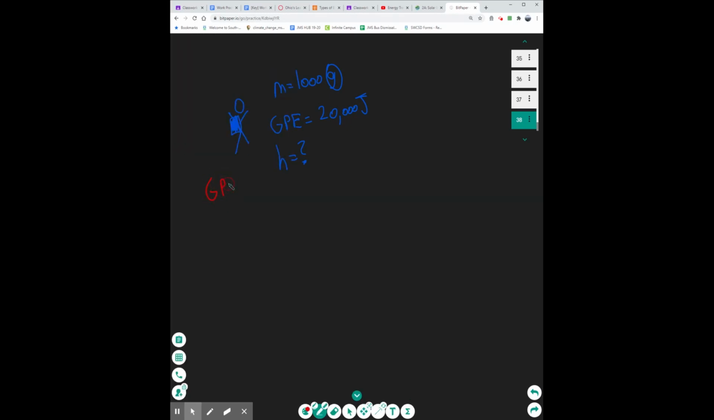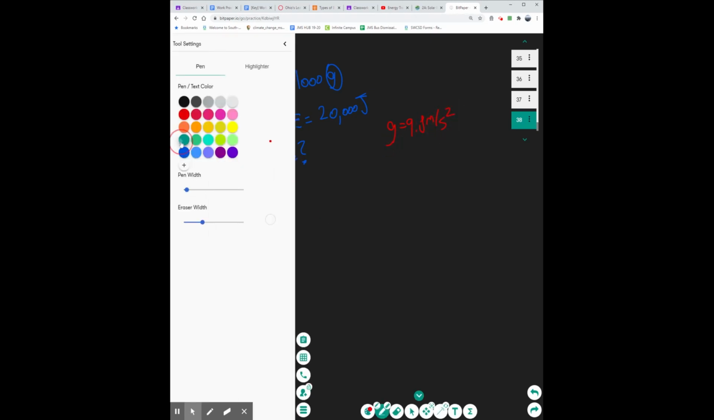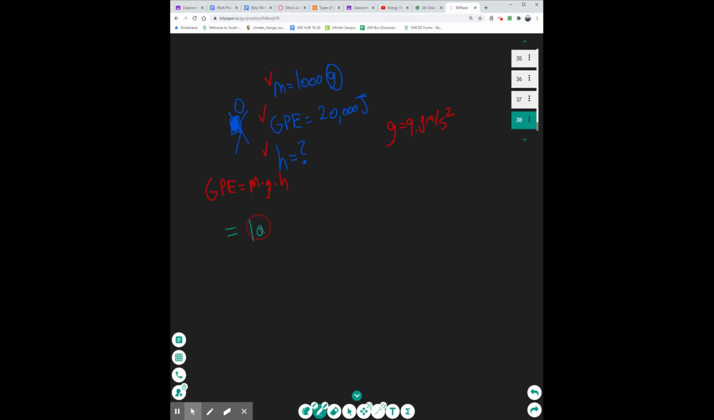If we look at the formula, GPE equals M times G times H. We have M, we have GPE. We know we're solving for H, but we're missing G, right? Do I need to give you G? I mean, I probably will always give you G, but remember that G on Earth is 9.8 meters per second squared. Always true on Earth. Okay. So let's plug in what we do have here. For M, we have 1,000 grams times G, 9.8 meters per second squared, times H,